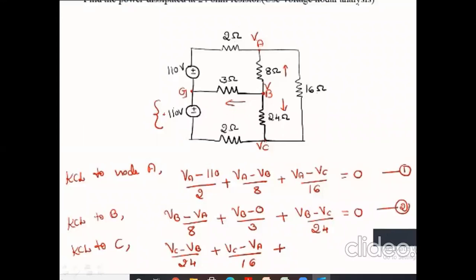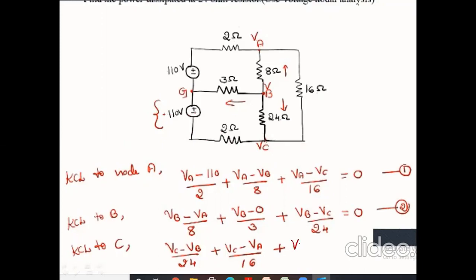So how do we find the potential difference? VC minus the voltage across this particular point; it is 110 volts. But you have to be careful about the signs, plus and minus. When we did it for node A, it was VA minus 110 volts divided by 2. But when it comes to VC, the branch here is connected to the lower potential or negative side of the battery. So we take VC plus 110 divided by 2.